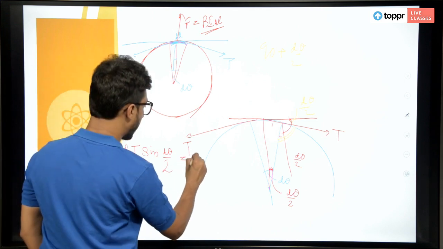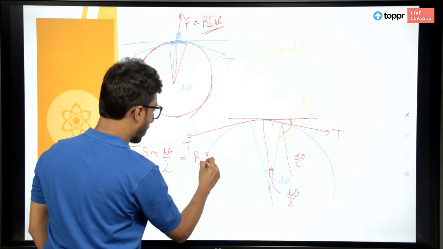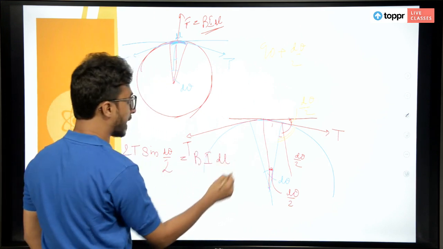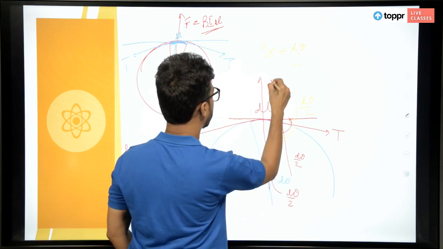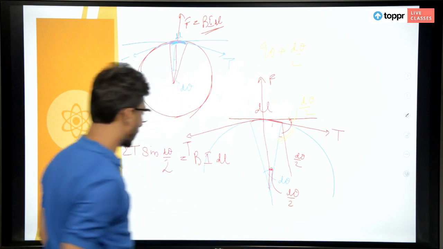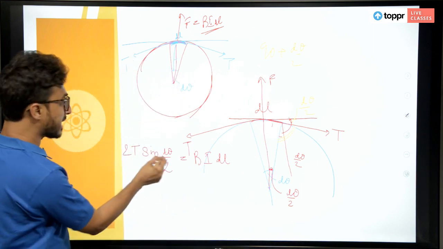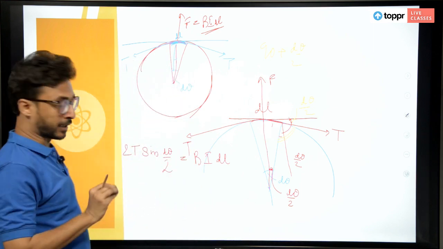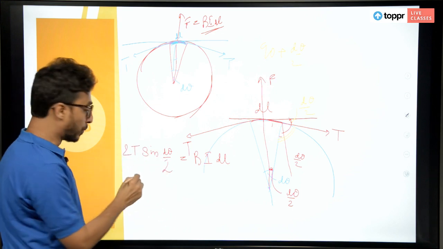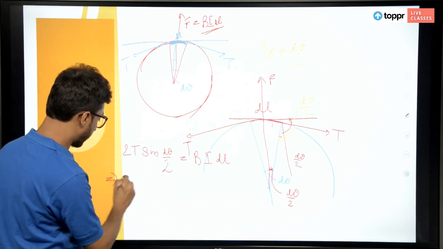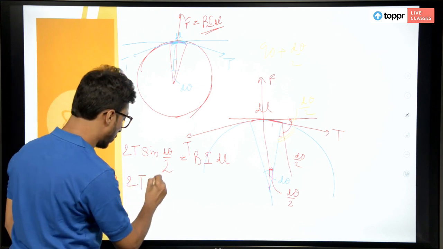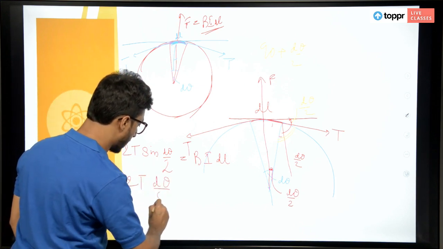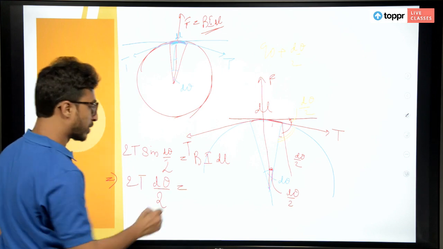BI into dL. dL is nothing but this length, right? Now as d theta is a very small angle, sine d theta by 2 we can approximate to d theta by 2,